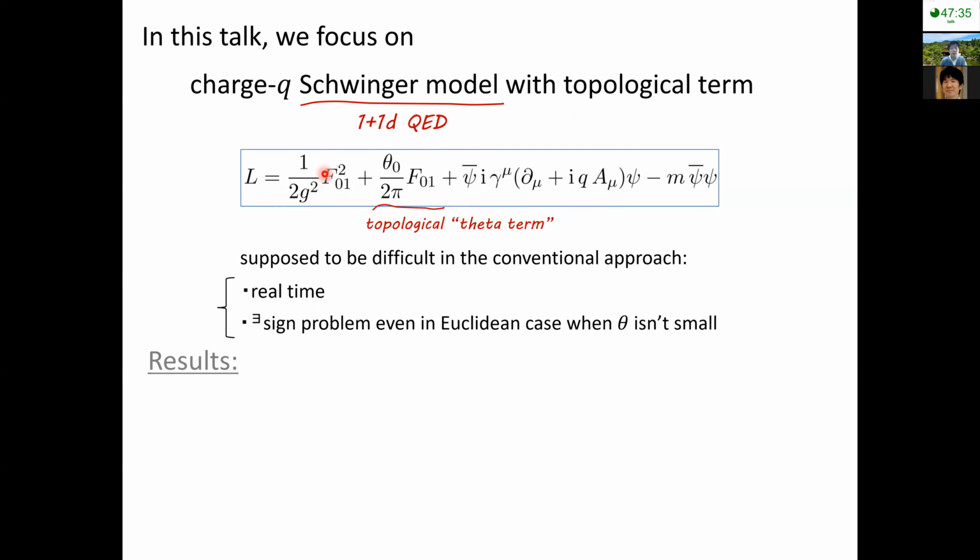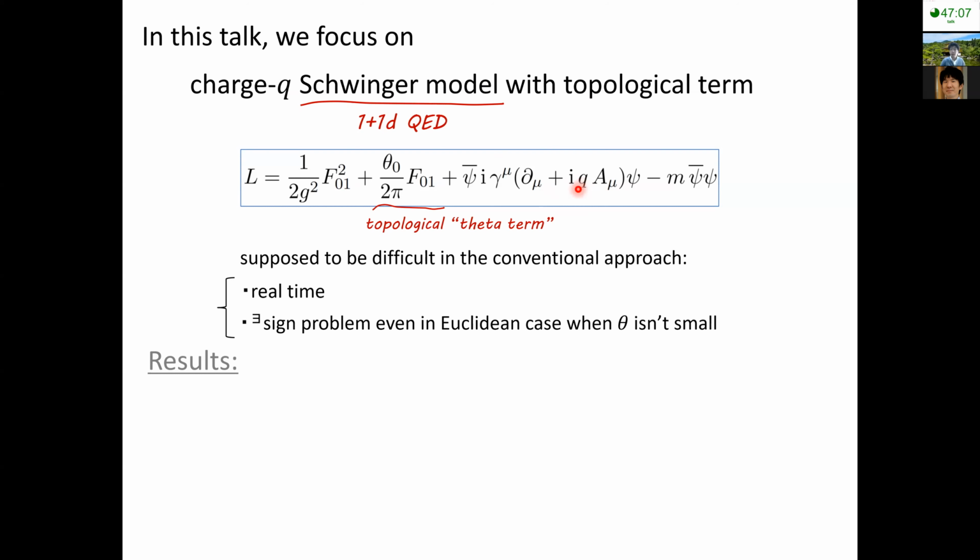First, we have a kinetic term of the gauge field, and we also have a kinetic term of the fermion, and a mass term of the fermion. And the second term is a topological term called the theta term. And I put the charge Q here, and we will see that the charge Q will play an important role